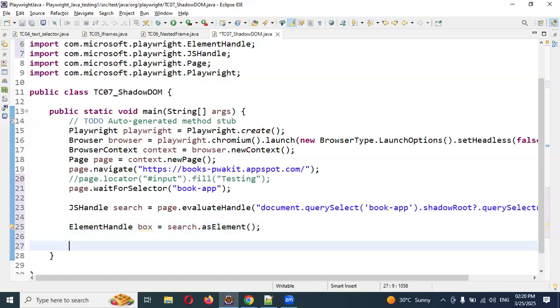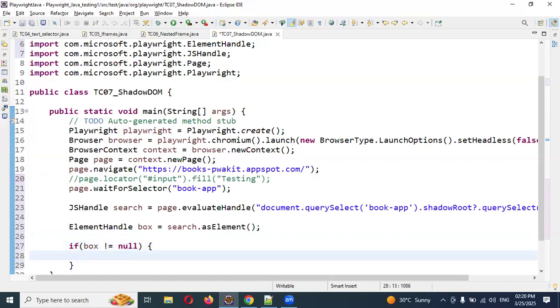Now here we need to check whether a null value is coming or a value is coming. Box not equal to null, because if that box is not null, there is a value, then we need to fill the value. If not, we need to say the shadow root is not matching conditions, we can write it. Okay,